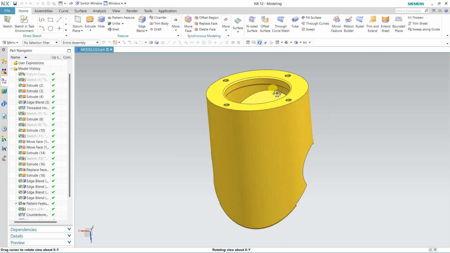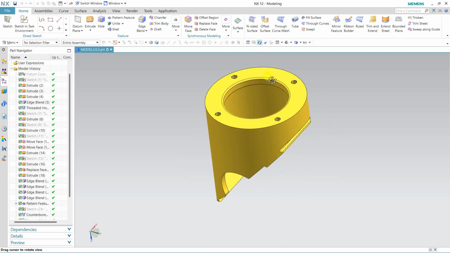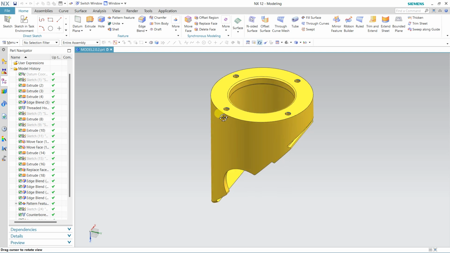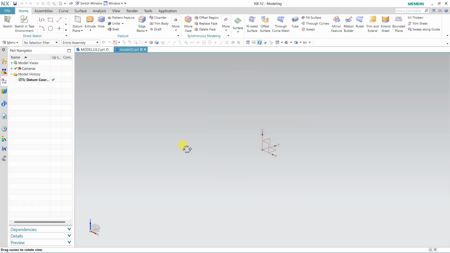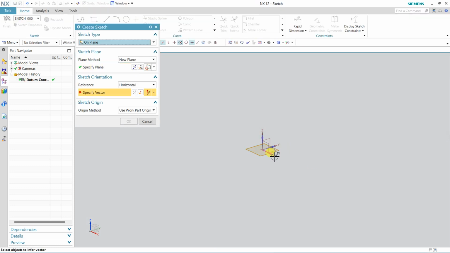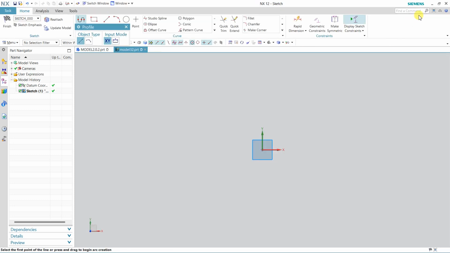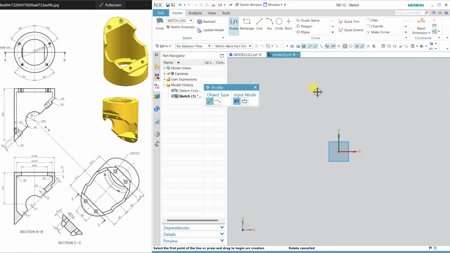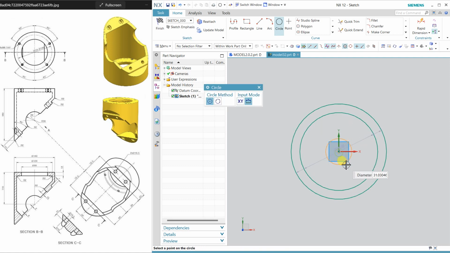So we will start from the top or bottom view. From this view we will start. So this is my fresh drawing, and I'm starting from this XY plane. Now select circle, and 1, 2, and 3 circle.